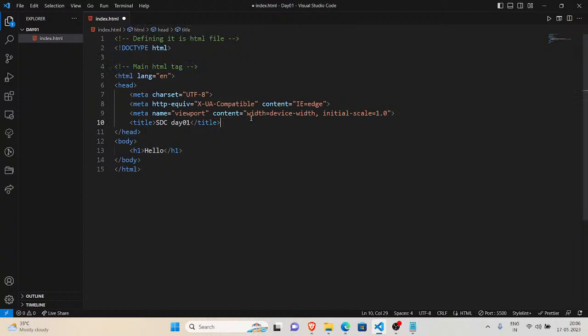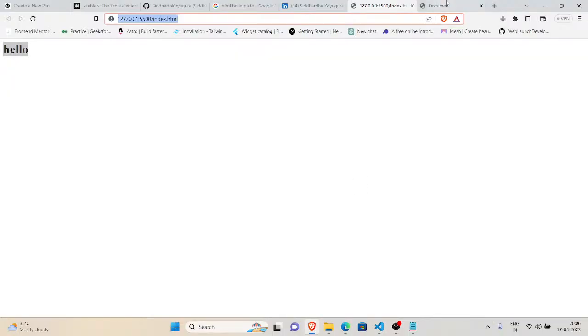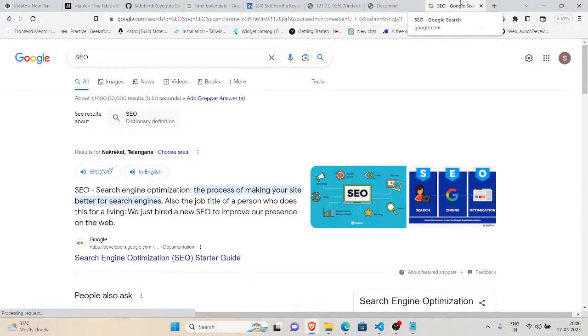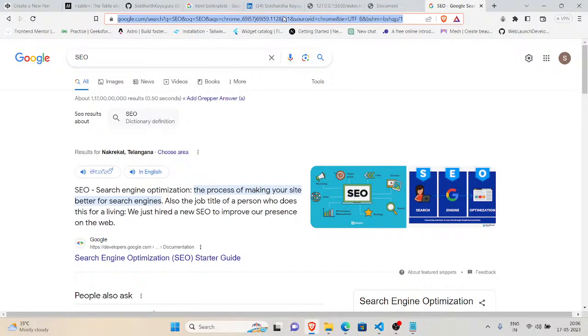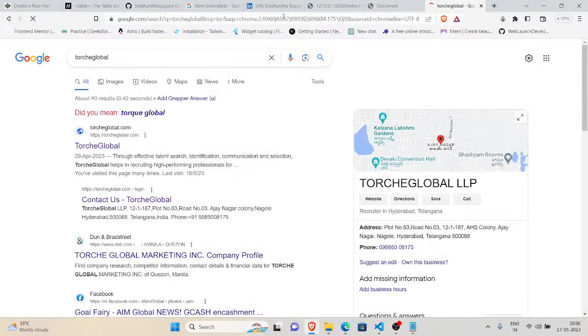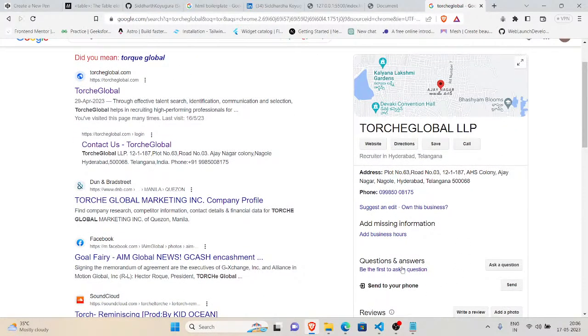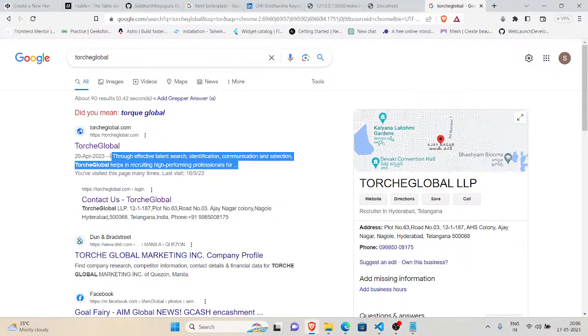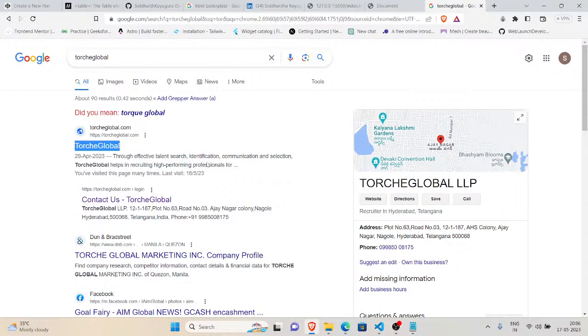And this is the head tag. Most of the head tag we use for SEO. What is SEO? Search engine optimization. For example, take this Torch Global website, a random website. When you search Torch Global in Google, we get this description and this title. How does Google know the description of this website?